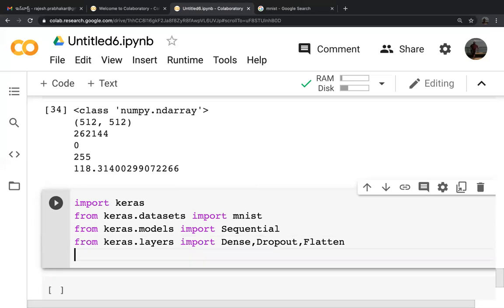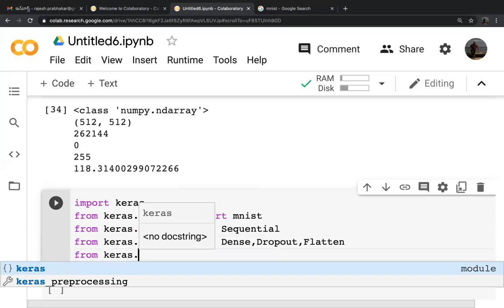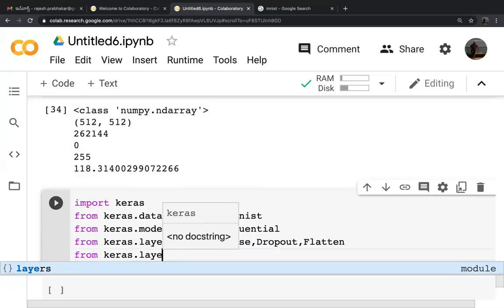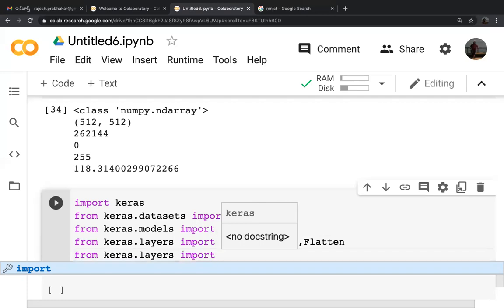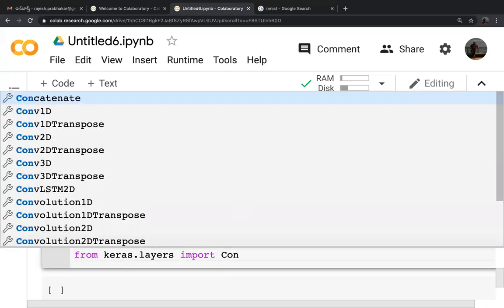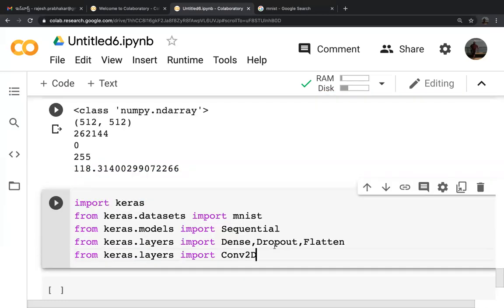Okay, and then from Keras dot layers, import Convolution2D, MaxPooling2D, two-dimensional max pooling 2D.